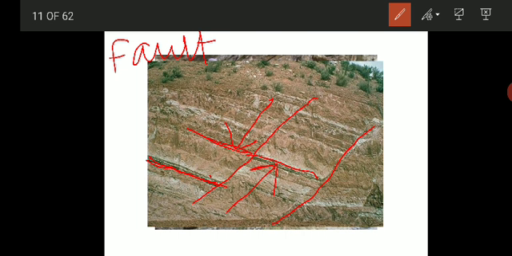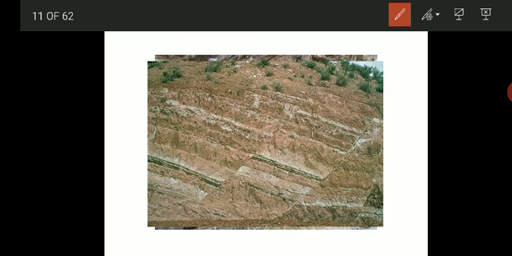The displacement of the beds along the fault plane, or fault line, that is called as the faulting. So wherein the displacement of the beds takes place. So the beds are displaced from the original place. So this is because of the tectonic forces acting on the rock. So fault is what? The displacement of the beds along the fault plane, that is called as the fault. Okay, then